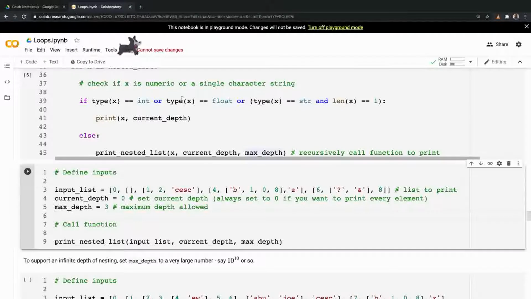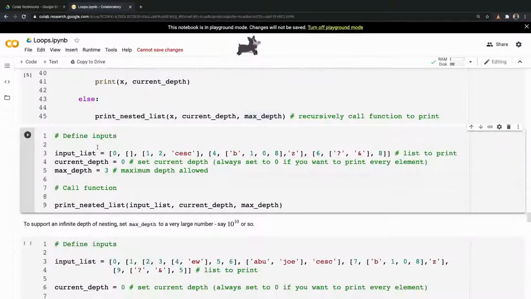Okay, now let's try to run it. We have saved the function already in the memory of the computer. Let's try to see if it does what we want. So this is just an example now. This is our input list, and our current depth is 0, because you should always start at 0, and the maximum depth here